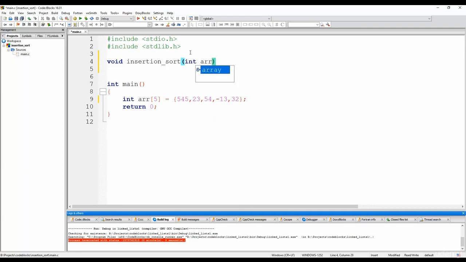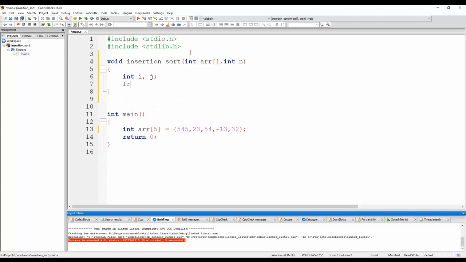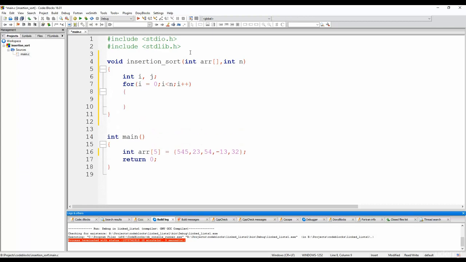It takes an array, and it takes the size of the array, n. And as we mentioned before, the first thing we have to do, and basically the only thing in the outer loop, is a for loop. So we have here i and j, and then we have a for loop. So for i starts at 0 up to n, and every time we say that we're gonna create a temporary variable, so tmp takes